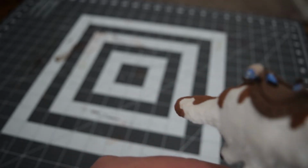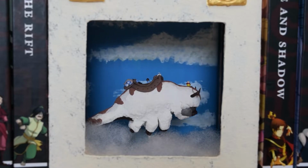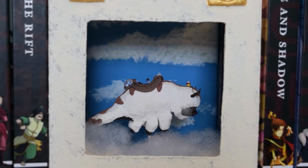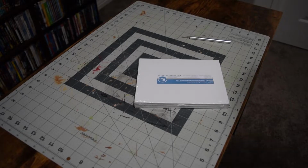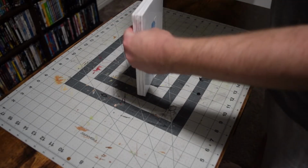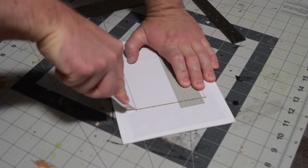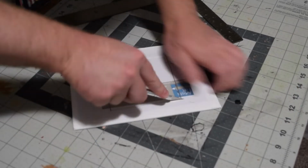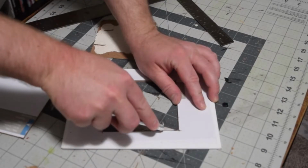So watch along as I make this animated book nook based on Avatar, The Last Airbender. I'm making my diorama box out of these 6x8 inch canvas boards. I want to limit the view into the scene, so I'm cutting out a square to be the window. It's a lot of cutting, and